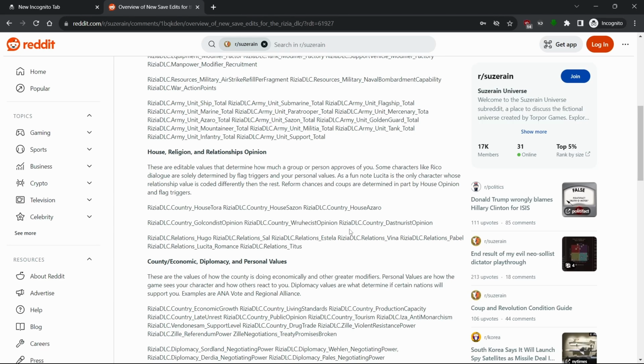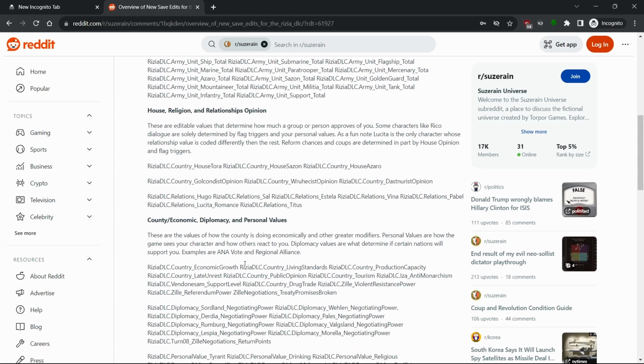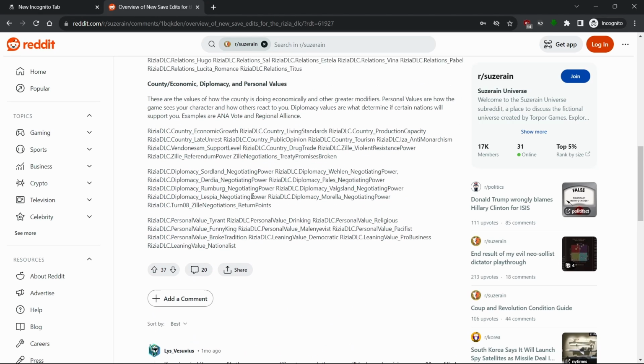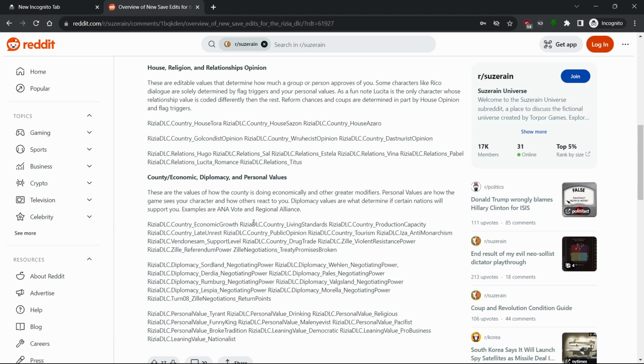There's the Ruhus's opinion, there's the Dash Nurus opinion. Again, I've set all these to 100, and yeah, shouldn't be that big of an issue. If you set all these, of course, you can affect the relationship that you have with these people, so that way they don't coup you or anything like that. And then, of course, there's all these or whatever. And as far as the modifiers go,